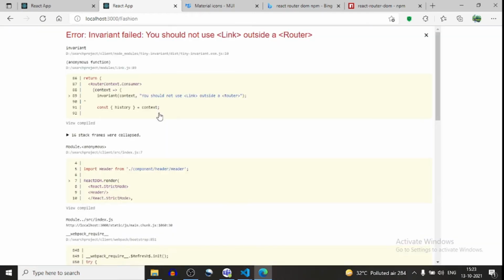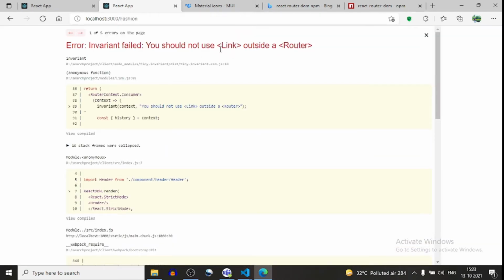So here it says you cannot use link outside a router. What do you mean by this?